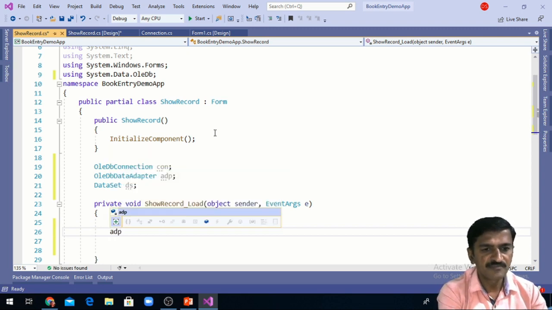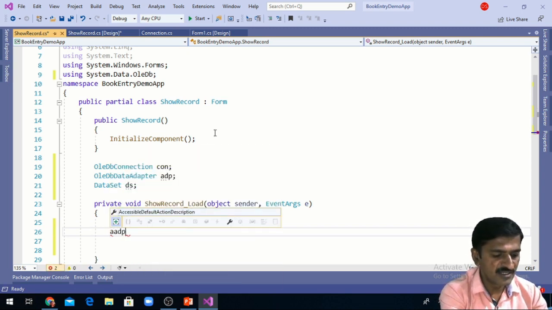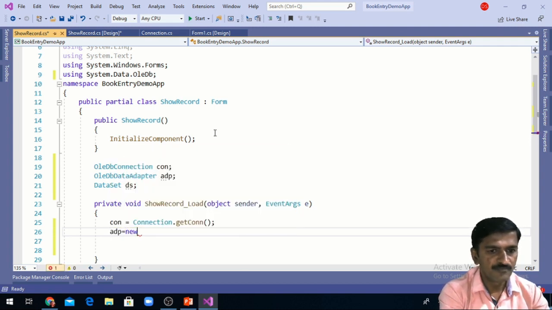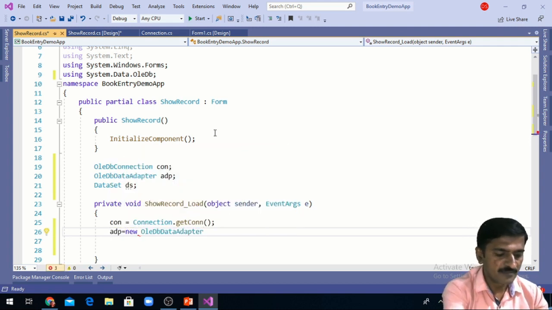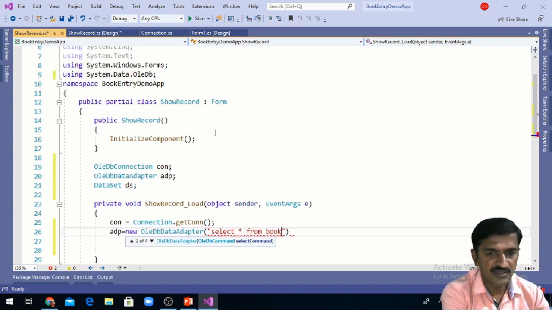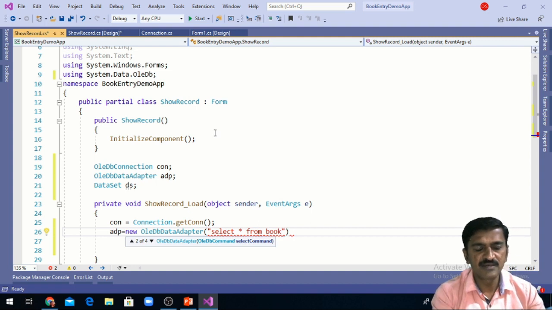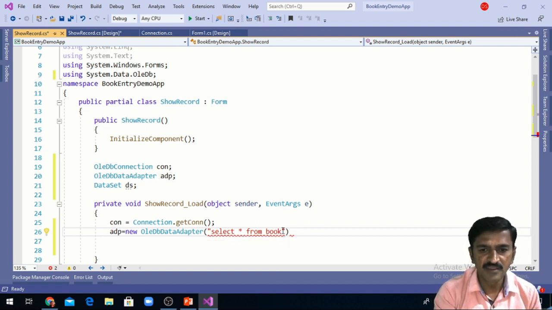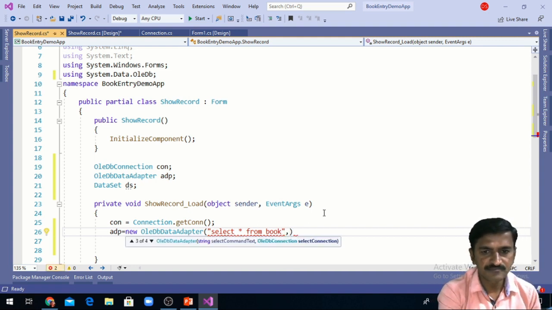After this I initialize the ADP as a new data adapter, and I specify the query from which I want to select the record: select star from book, where book is my table in my database. We can see the table here.